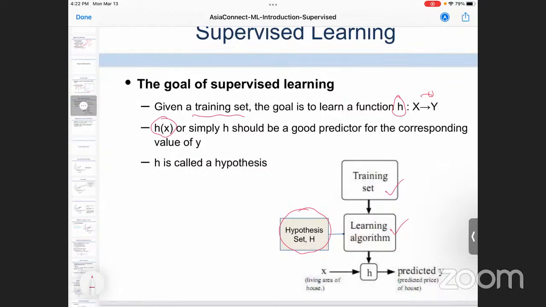You have to find a hypothesis. Basically, from a large hypothesis set, you have to find a hypothesis. The hypothesis can be different for different kinds of learning algorithm, so we'll see the different types of hypotheses. Here there is some assumption. When you design a learning algorithm, you have to assume what your hypothesis set is.